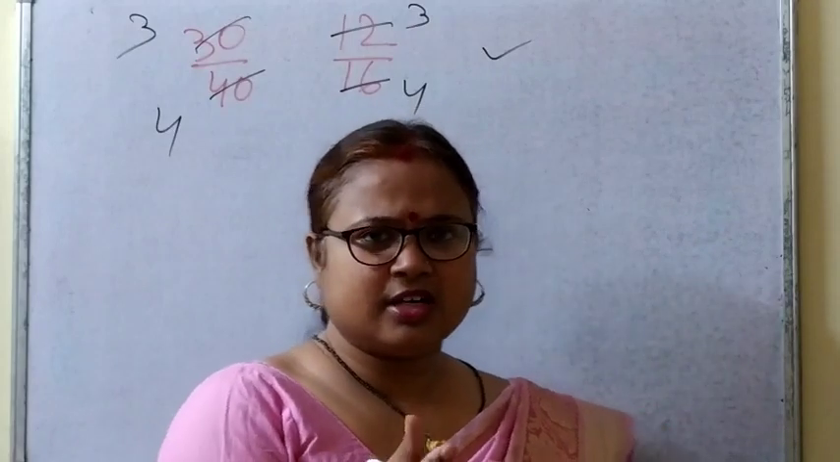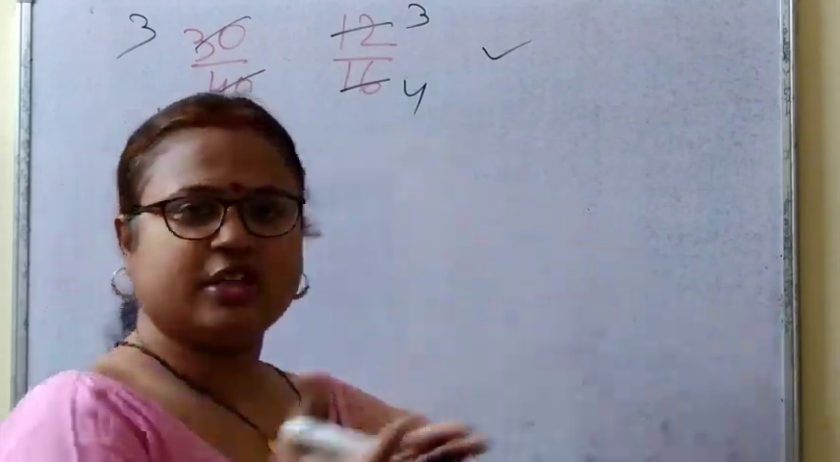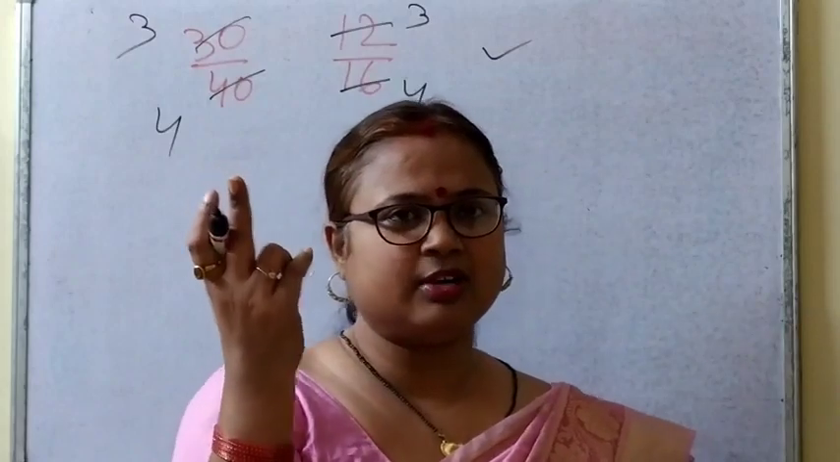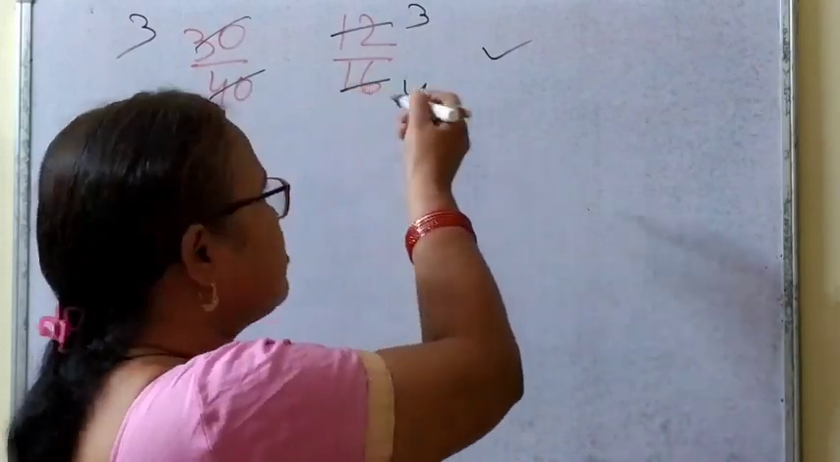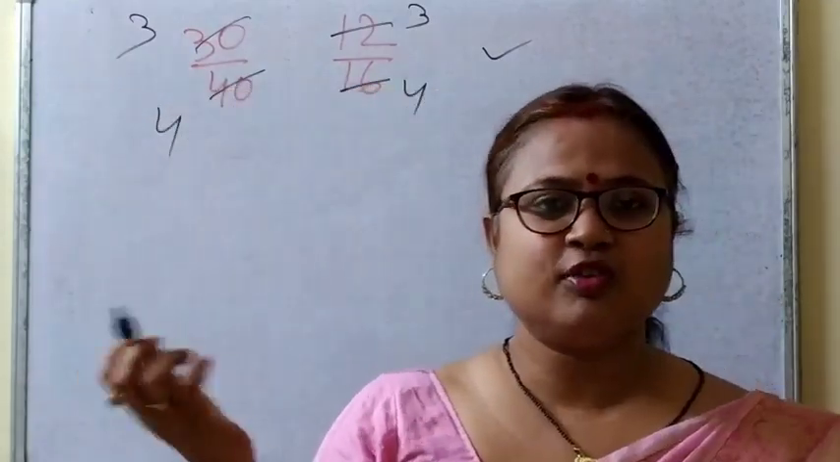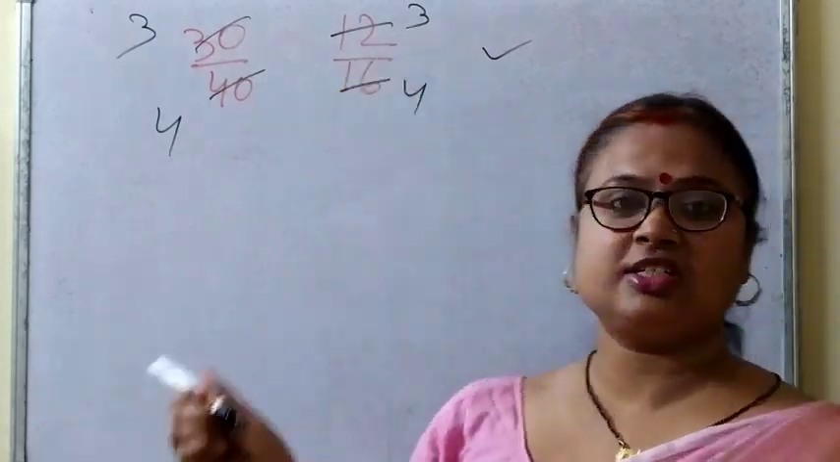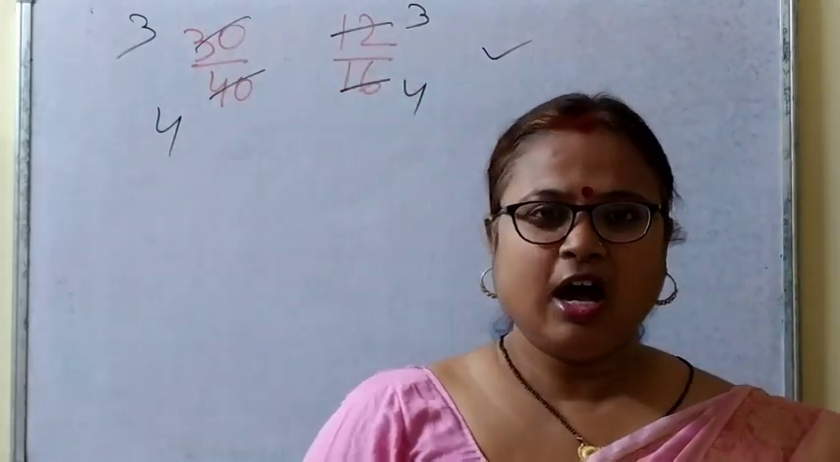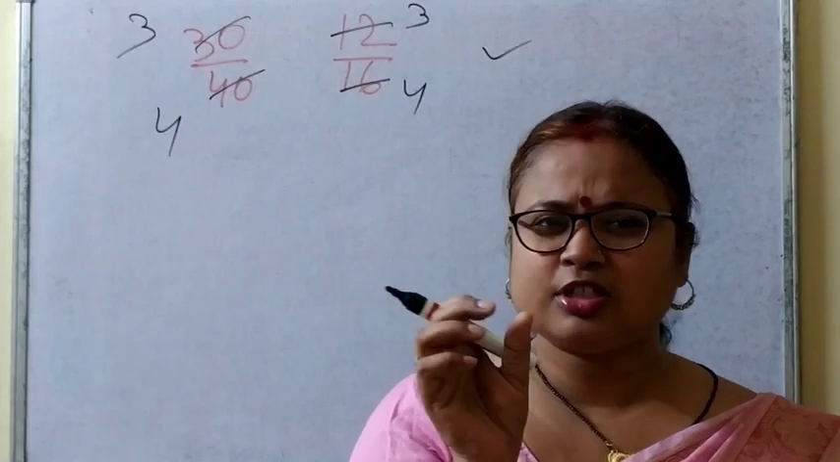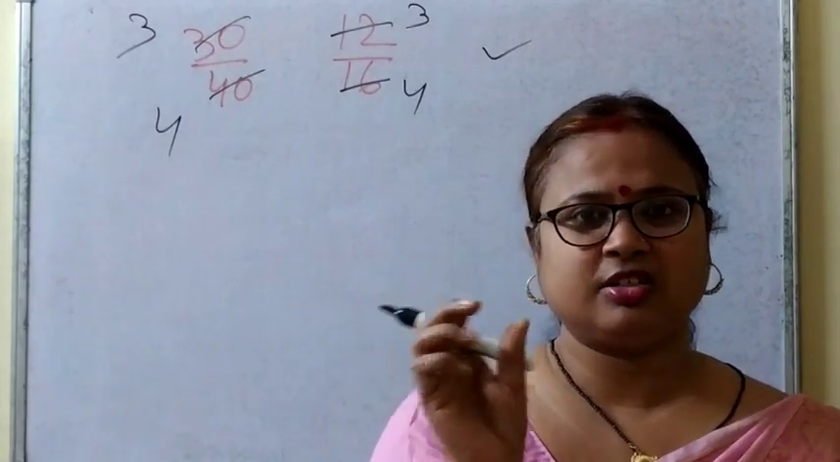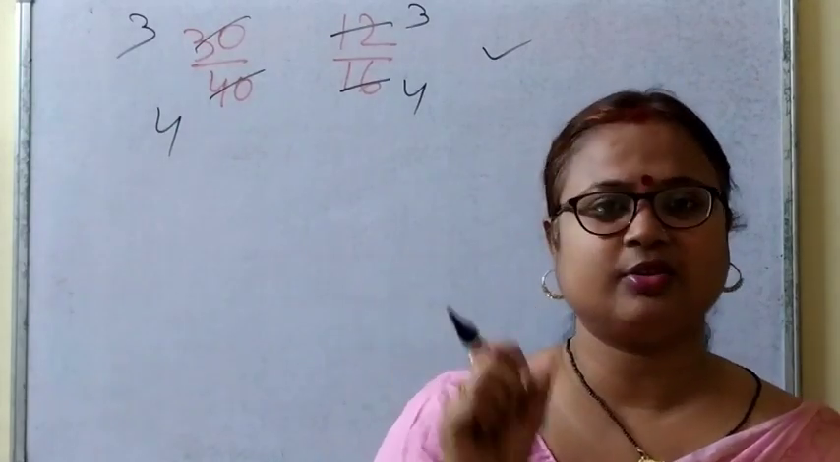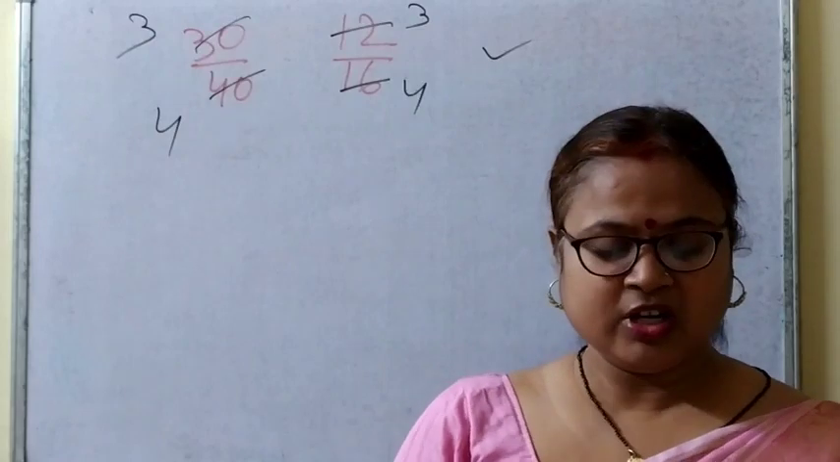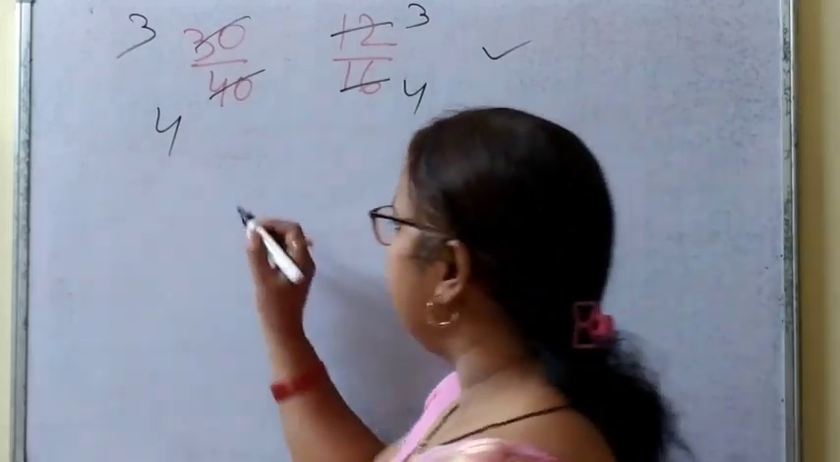Clear? So if anyone asks whether these two fractions are equivalent or not, just in the mind you calculate like this, that 30 and 40 are divisible by 10 and 12 and 16 are divisible by 4. And if you want to do the process, it will not take much place. Very little place it will take and you can get the correct answer. Clear? Now the next question is like 10 by